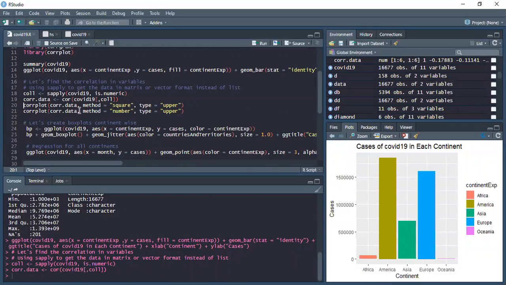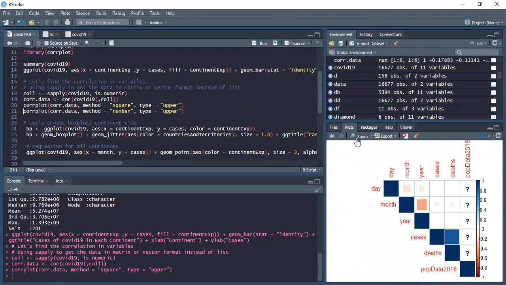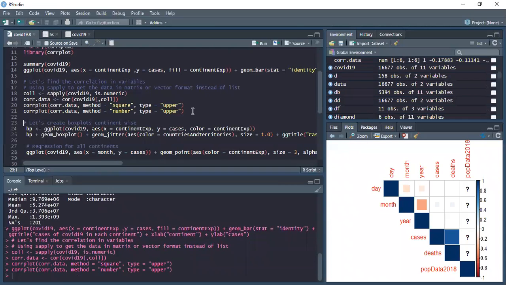After that, we are going to plot the correlation using corrplot with method square and type upper. So this is the corrplot. While seeing the corrplot, we can see cases and deaths having the most prominent correlation. To better visualize, we can use method number.